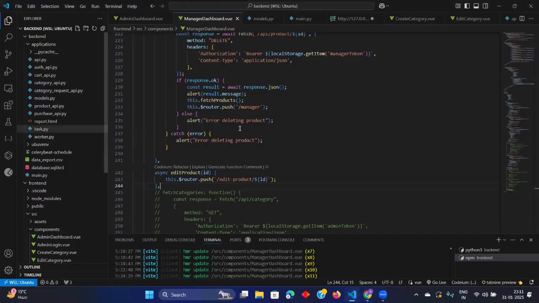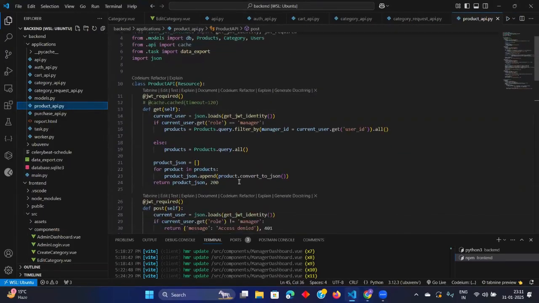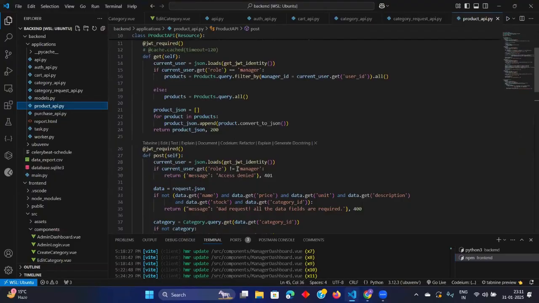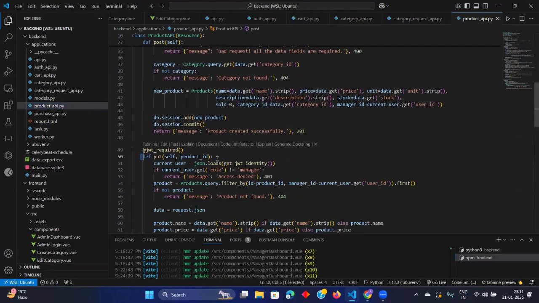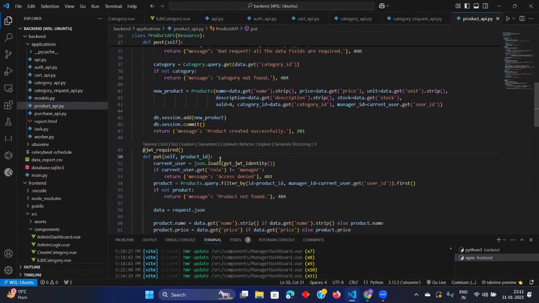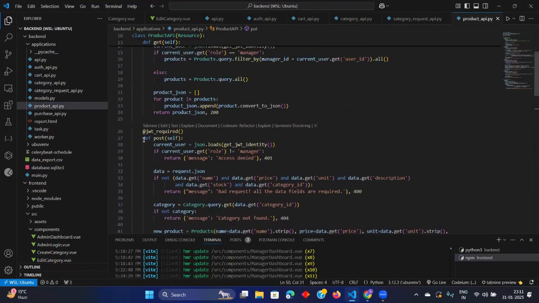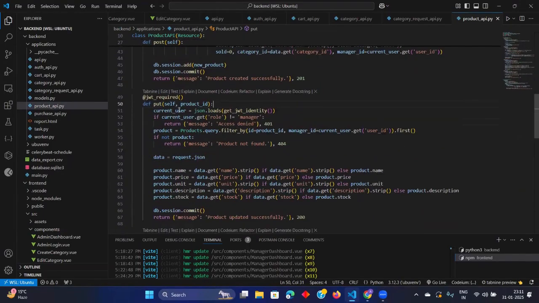If I go to the products API, there is no API for editing, not defined. No, not for editing, we have defined one category for editing. You see here, we have to define one more API, which will use a get request, that will give me specific product details.